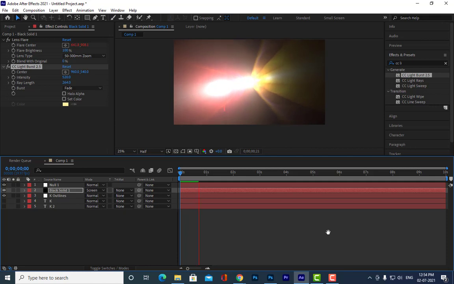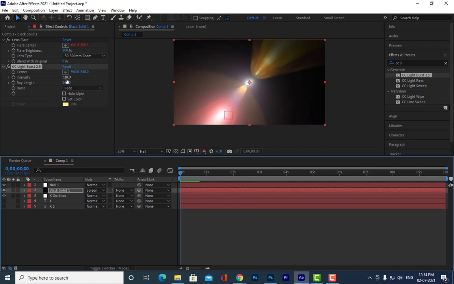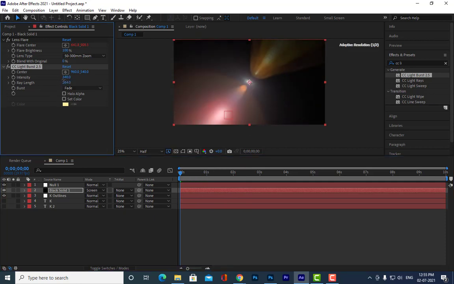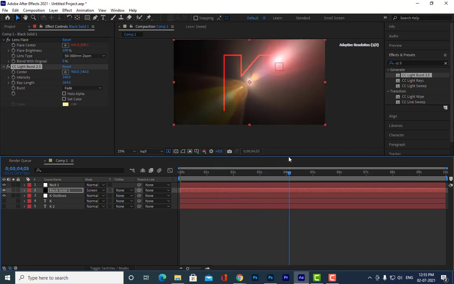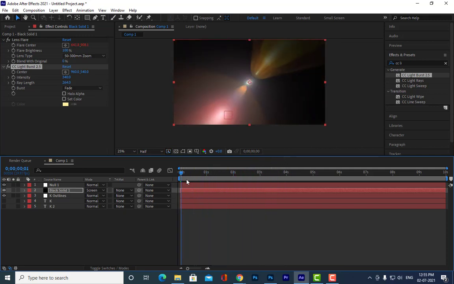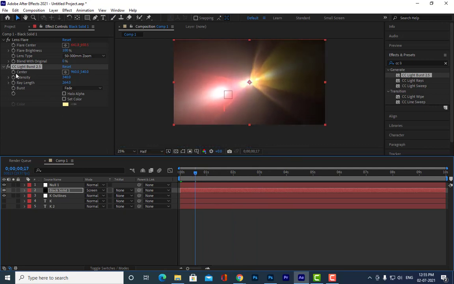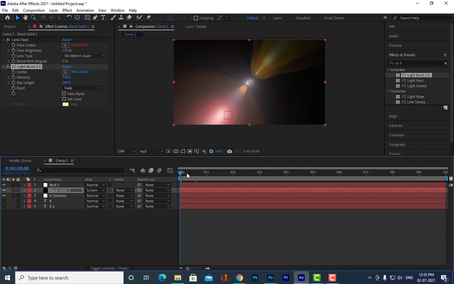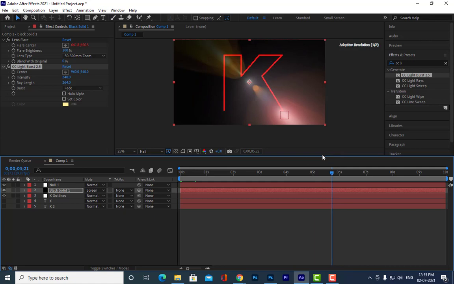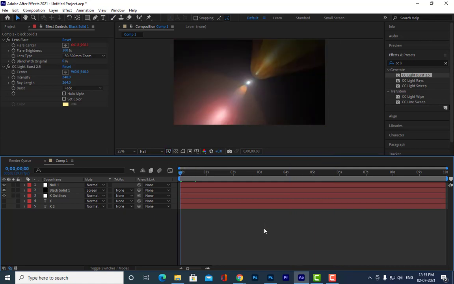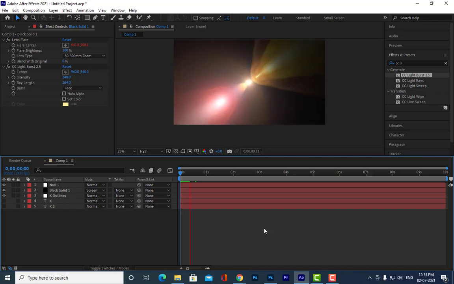But we should be able to see the words, so let me reduce the intensity here. And we want this to move. Even though it is moving properly, we can actually control the center value here. Are you able to understand, everybody? Center value. So let me load it. Just a minute.